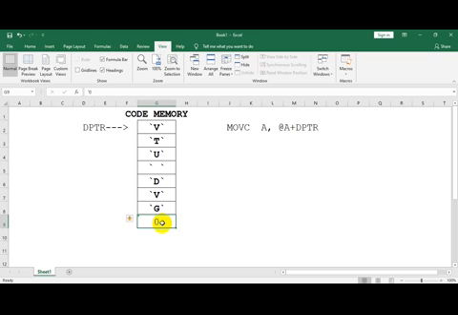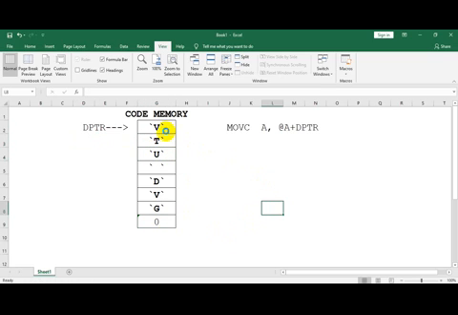Now the logic is very simple. First we will read this character from the code memory, then we will transmit. Then we shall increment the DPTR to the next, then transmit the next character, until we reach 0.